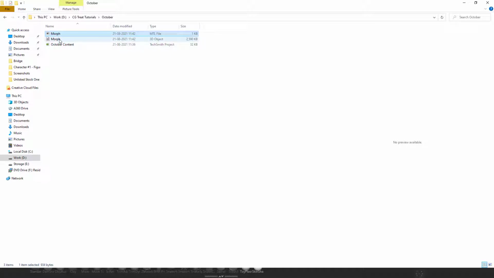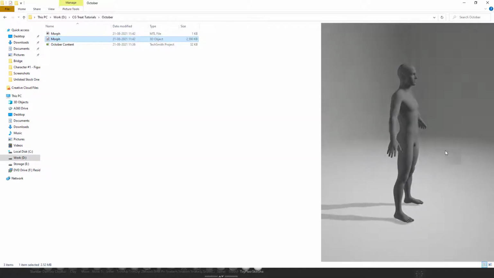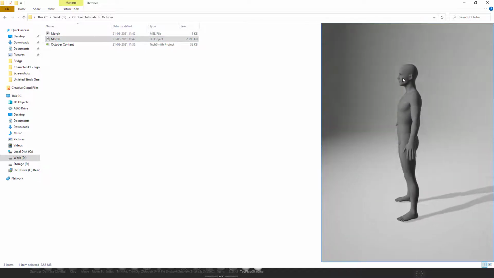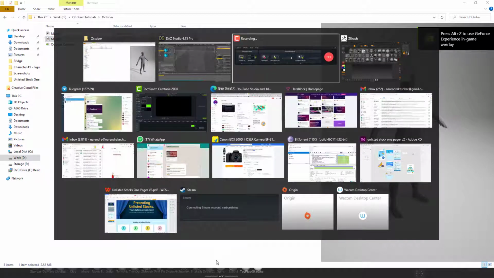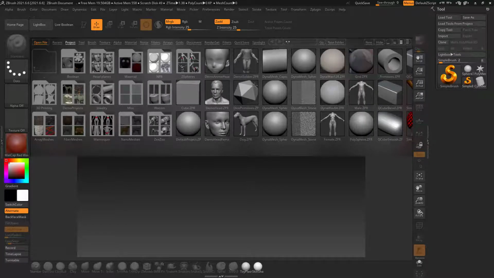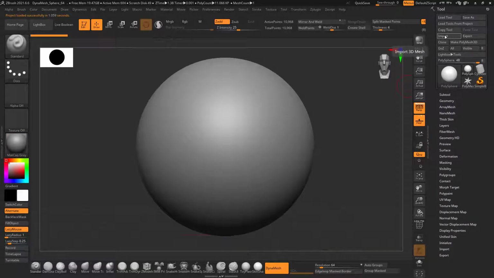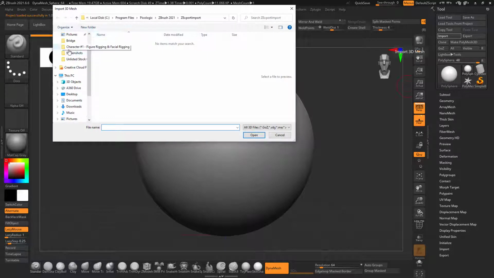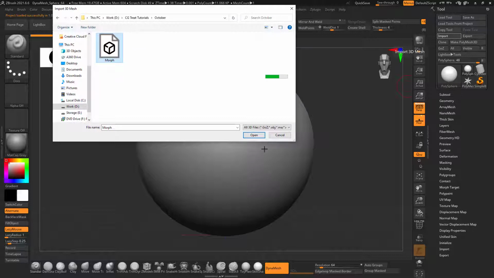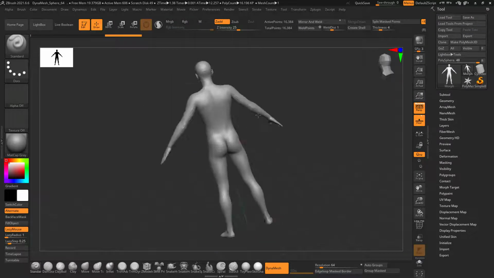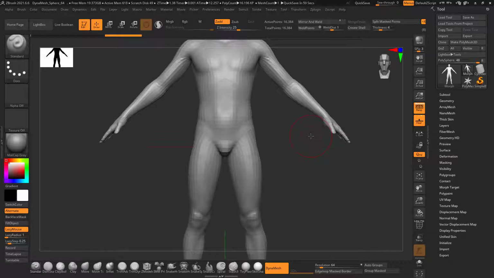And you can see if I check my folder, there is one object already exported. Now you can see this model is of very low resolution when you import it into ZBrush. So I'm going to load one ZSphere, and when I go to Import, we'll reach my file and import this object. I will click on that, and you can see my model is being imported properly.